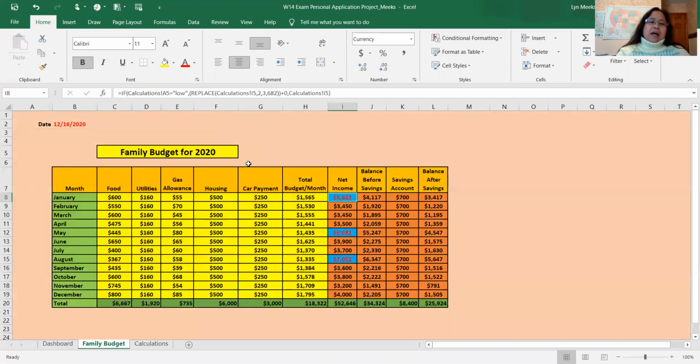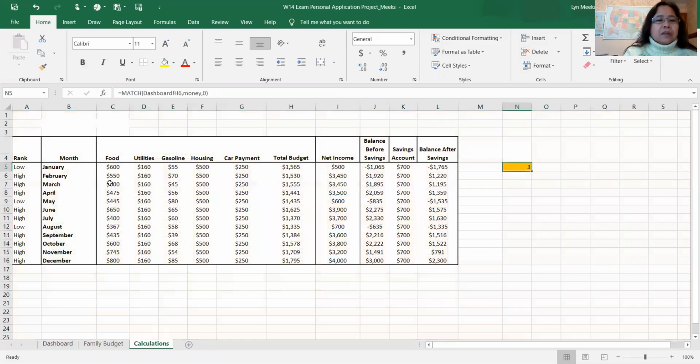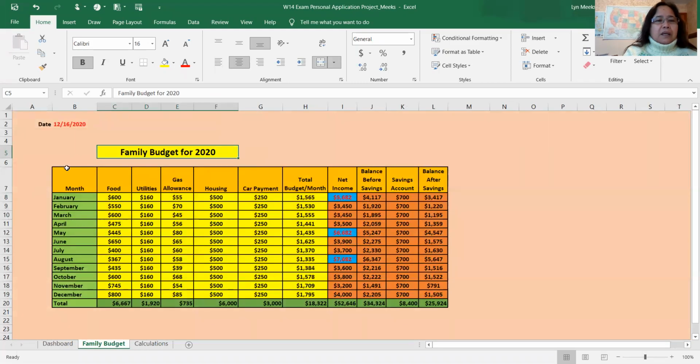So that's the way I do my workbook, and I think this is very usable for me and for my family, because I can change this one, my title 2021, the next year. And I can just change through my calculation this amount here, and it will automatically update my workbook.